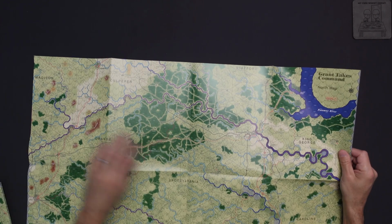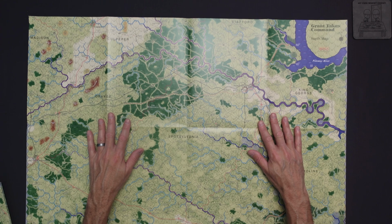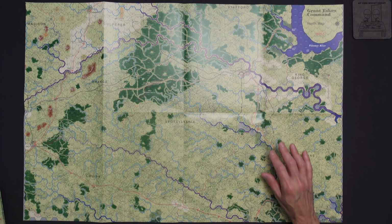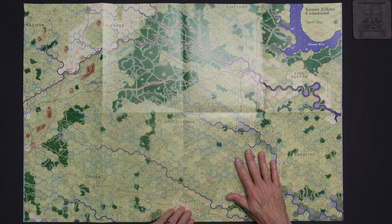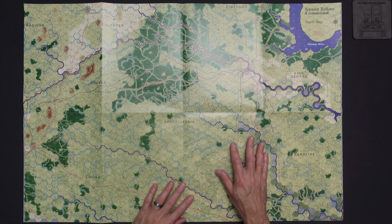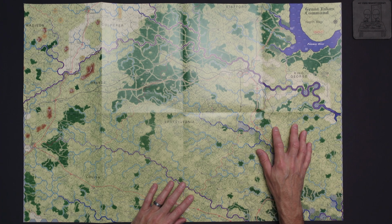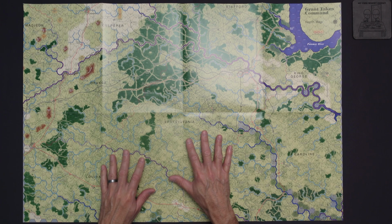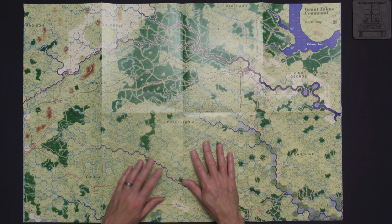look at it. This is that Grant Takes Command north map, and I'm going to have to say that, yeah, I'm going to agree with what's been said about these maps. These are beautiful. They're easy to read. I was concerned when I saw this about being able to read the hex numbers. That is not an issue at all. There's a lot of detail on here, a lot of little spots that are highlighted, Garrett's Church, General Coleman, just things that, I mean, this looks like something you would see in one of the old,